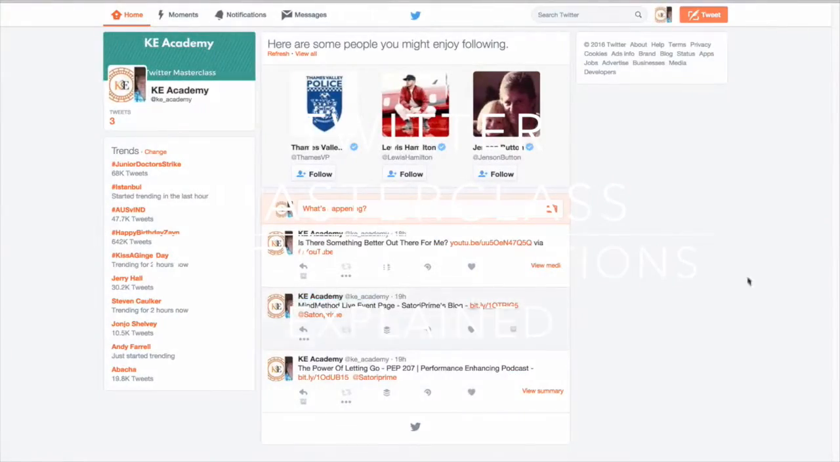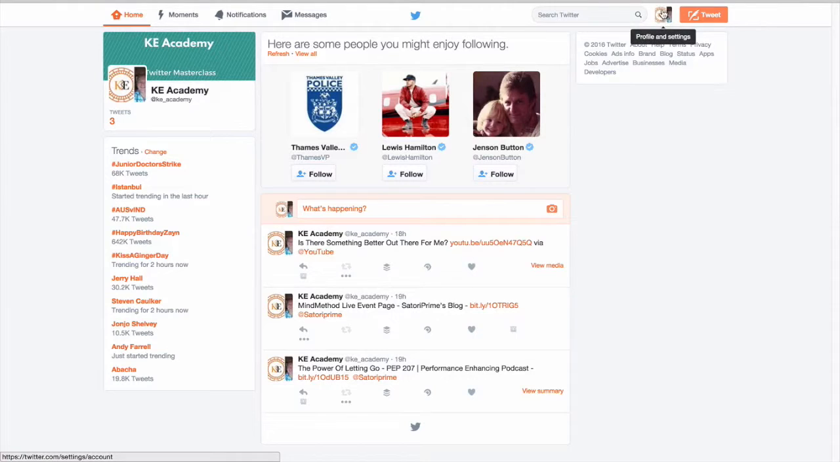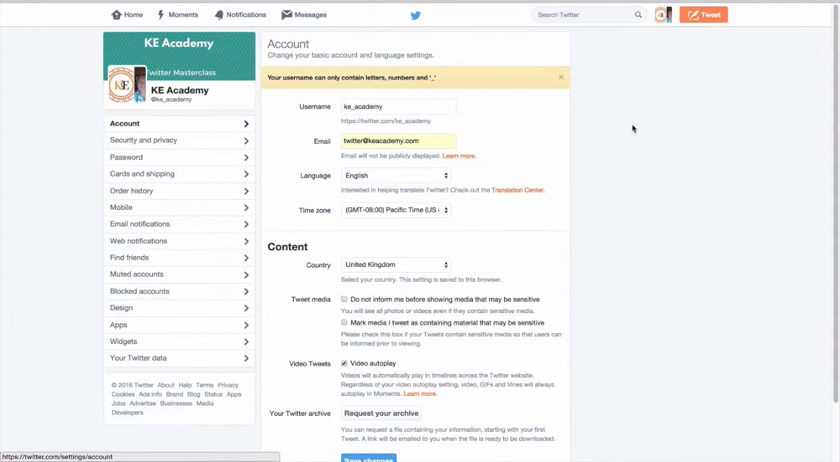So let's go to Twitter. You already know how to sign on, so I'm not going to go through that again. One of the changes you can see here is that the profile picture that we loaded up previously is now here, so we don't see that little egg picture we saw previously. So to go to the settings, we need to click on here, click on settings, and this takes us to this page,